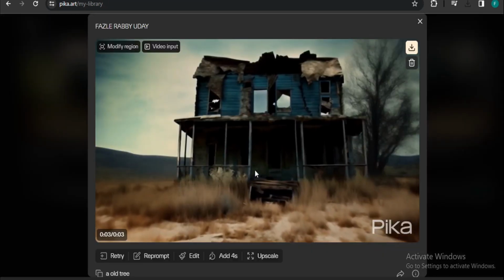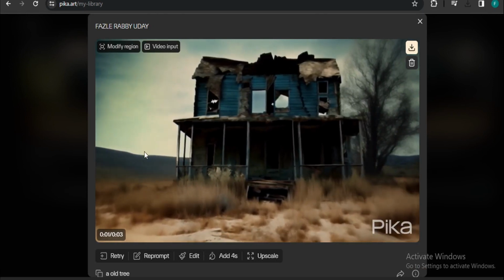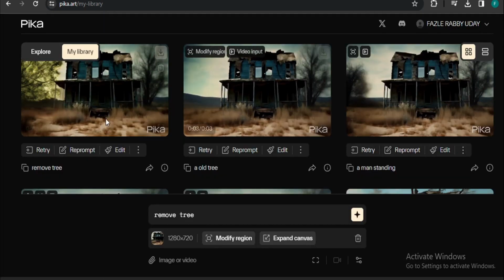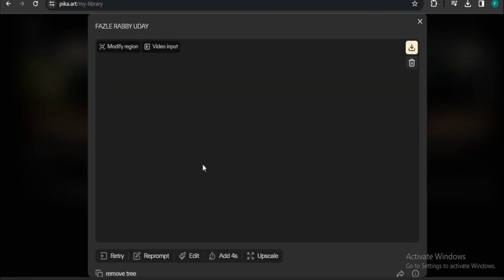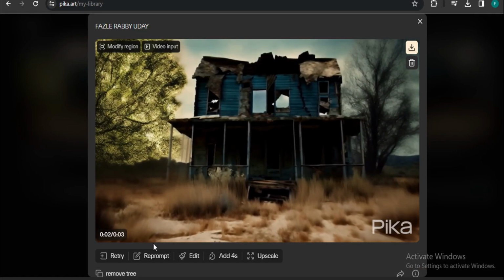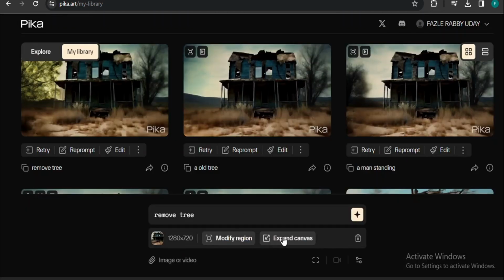So here's the video. I just modified the video, remove tree, and it really removed the tree. And I also tried another prompt, add a tree, and this created this video here. As you can see, it also added a tree to my video. So this is a cool feature in the edit here. And there's another feature in the edit. If I just go to the expand canvas here,